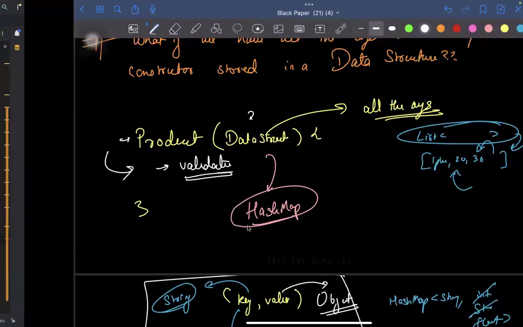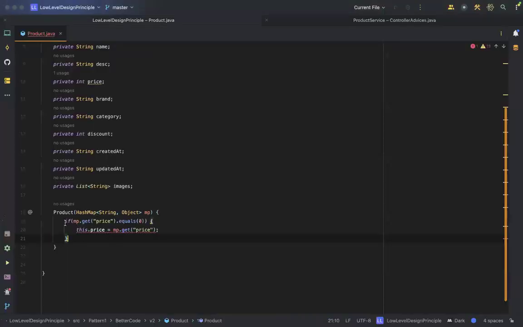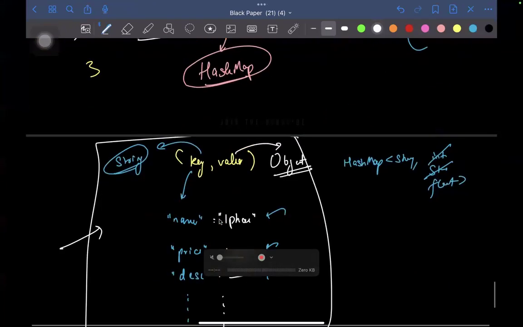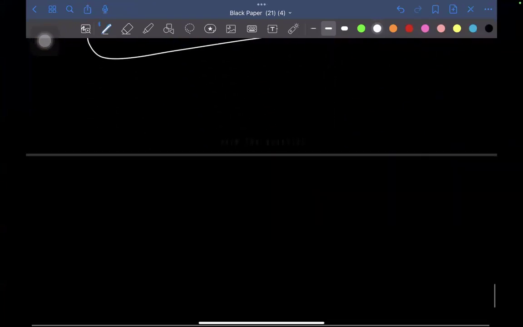My point being that you can use a hash map like structure. Here the validation will happen inside the constructor only. You don't have a bloated constructor also. Everything looks like a fairy tale here. But this hash map approach also has a problem. What is the problem? In hash map,